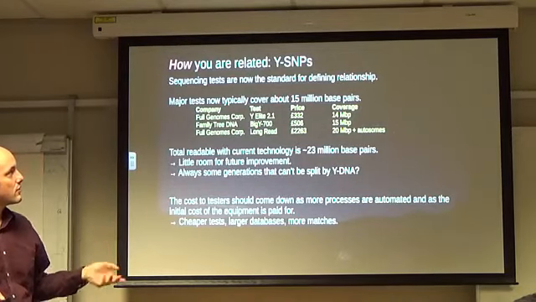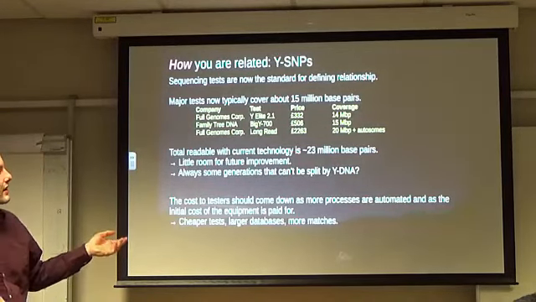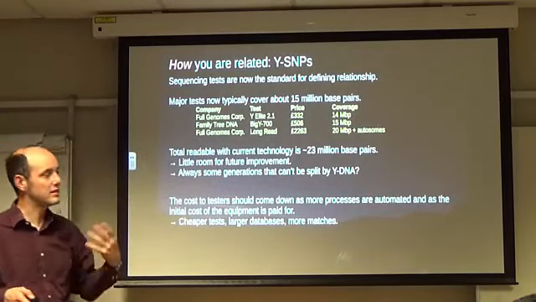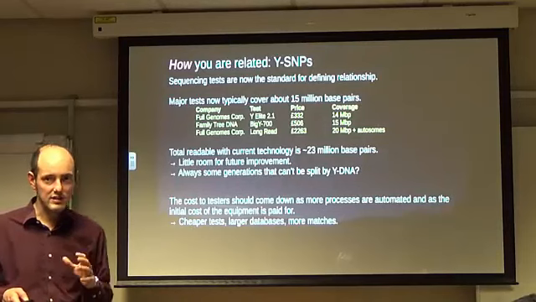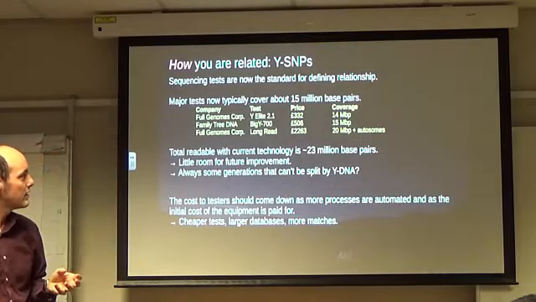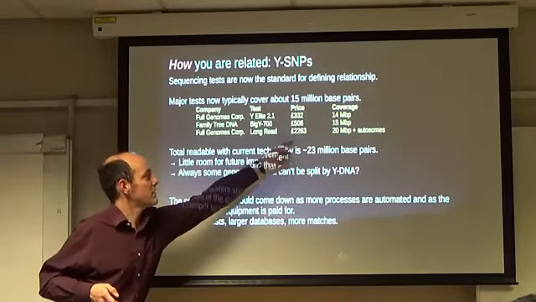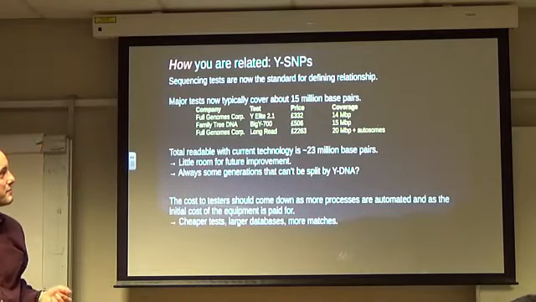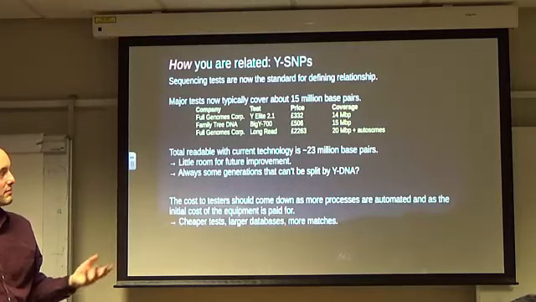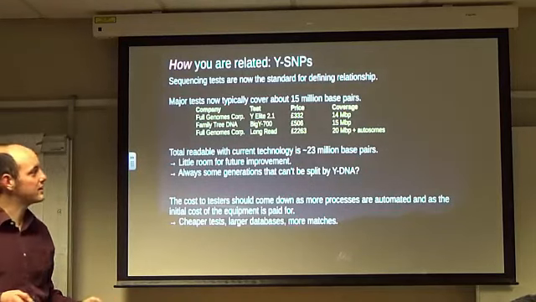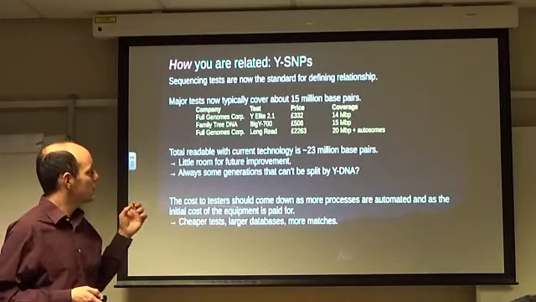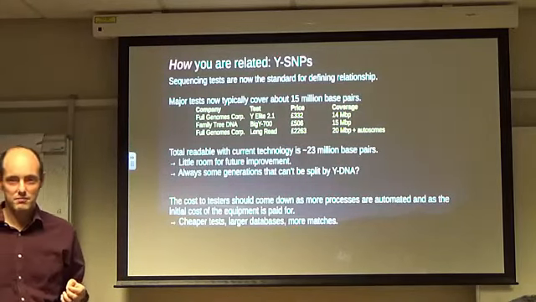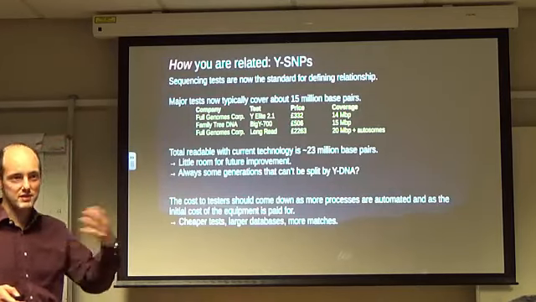But the major tests that we're looking at now, either the Y Elite from Full Genomes Corporation or the market leader, the Big Y-700 test, they're testing about 15 million of those. And the really expensive ones that you can buy, the long-read Chromium tests, they cost a couple of £1,000. They're testing up to 20 million, but you also get the autosomal DNA in that as well. We can read up to 23 million at the moment out of those 57 million. The rest is just repeating